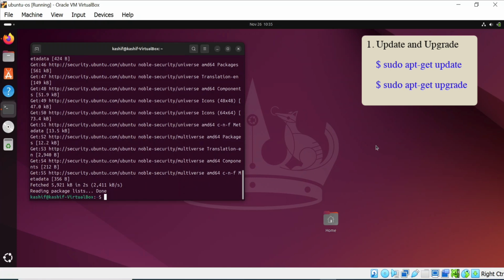Open the terminal and update and upgrade the operating system.